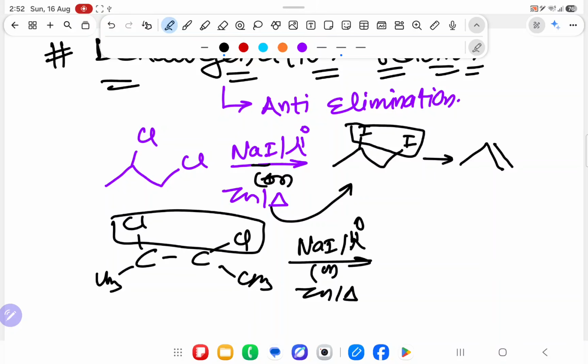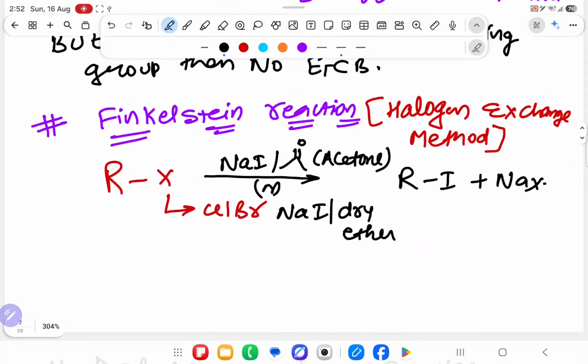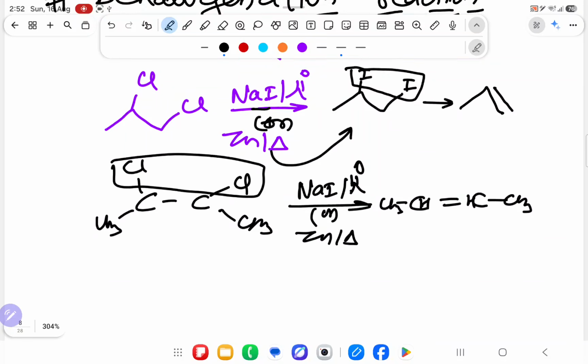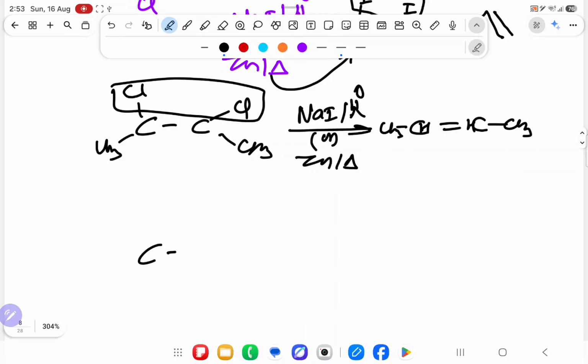Sir, what is the difference between the bottom one and the top one? In the top one only one X is there; here 2 X are there, so you will remove both. What will you get? C double bond C, CH3, and at the remaining places you put hydrogen. Now suppose someone gives C, Br,